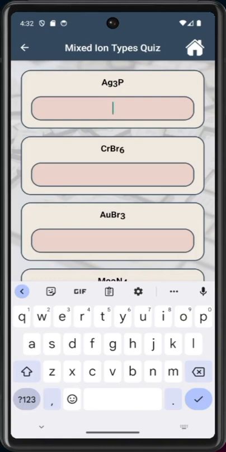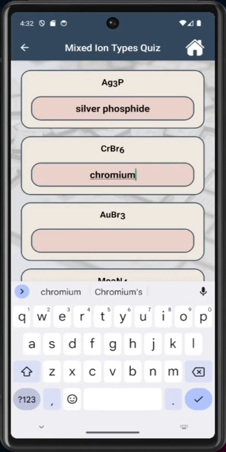So if I do a couple of these, so Ag is silver, Cr is chromium. Now, I know that chromium is a transition metal that needs Roman numerals, so I'll put in some Roman numerals. In this case, I'm going to put in incorrect Roman numerals. I know that it should be 6, but here I put in 4 accidentally,